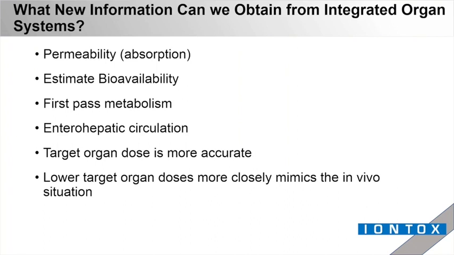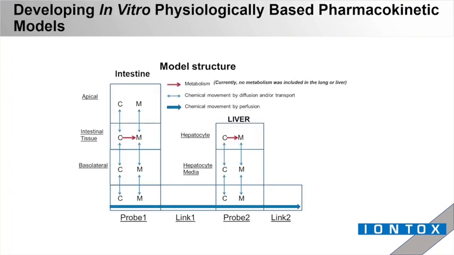Another thing we've learned is that the target organ dose is much more accurate, as the perfusate, the simulated blood system, works on diffusion kinetics. And what we're seeing is a much lower target organ dose, but this actually closely mimics the in vivo situation. And what this then allows us to do is really model the PBPK